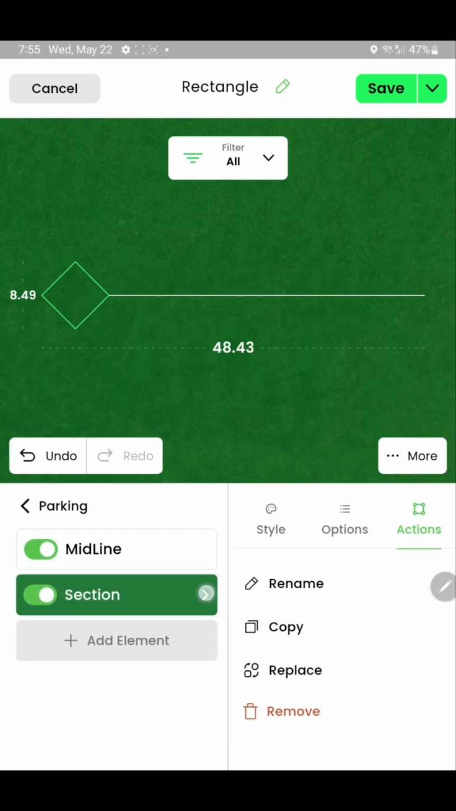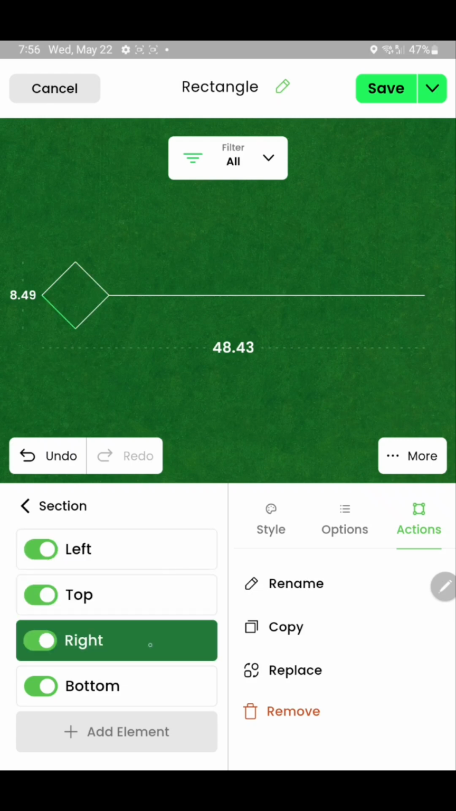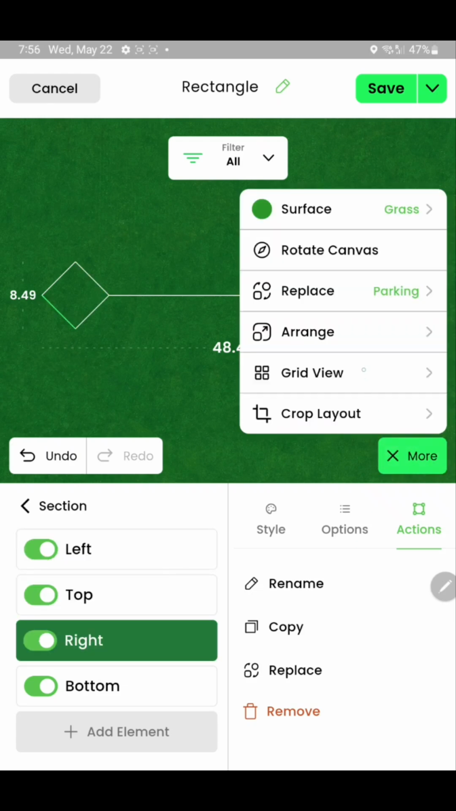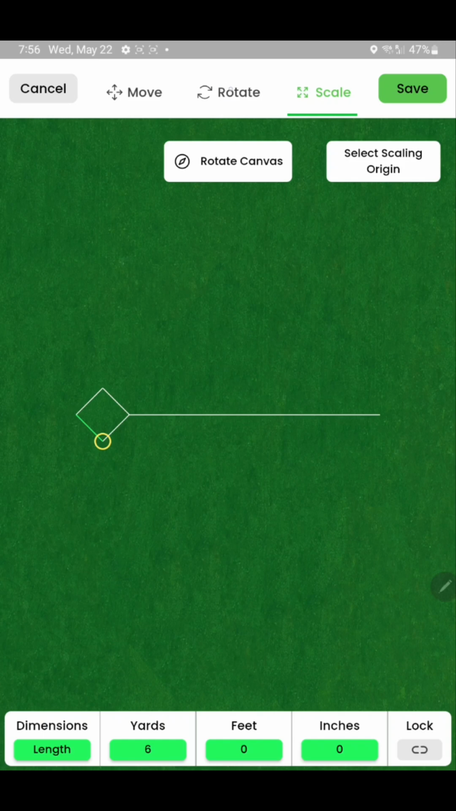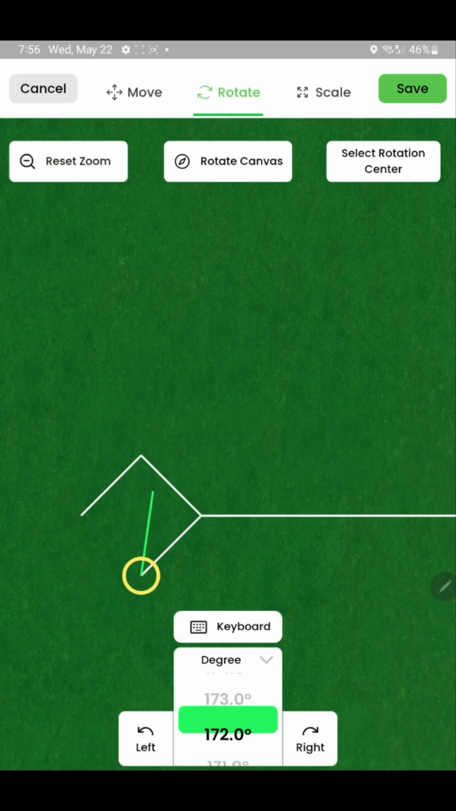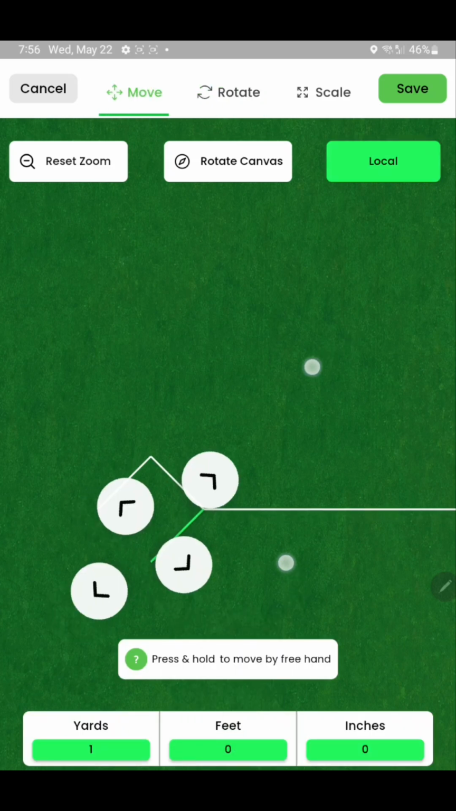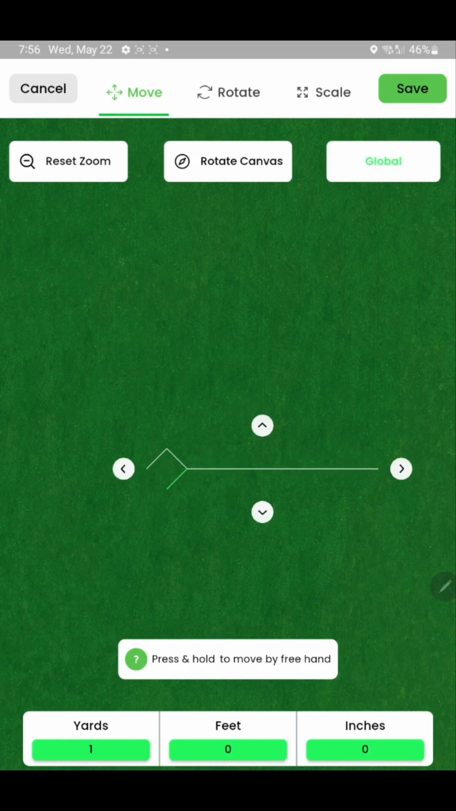Let's open up the section folder where it says right. Highlight the right one. Go to more, arrange, we'll rotate it, and we'll go to 135. Then we can go to move, change it from local to global,